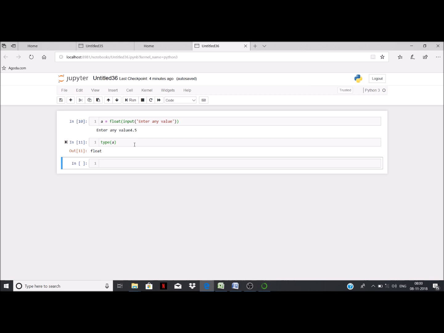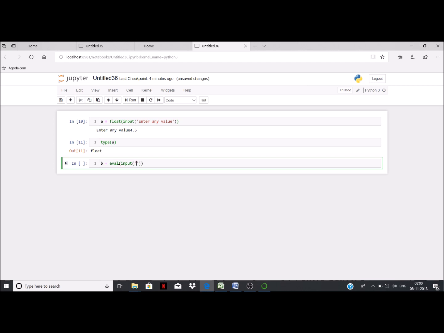But sometimes in your program you don't know whether it will be an integer, a float, or a string. So for that case we want the compiler to decide, based on the input, what is the data type that is to be used. In that case we use another function called the eval function. So with the eval function what do we do? b is equal to eval, and then we take the input,